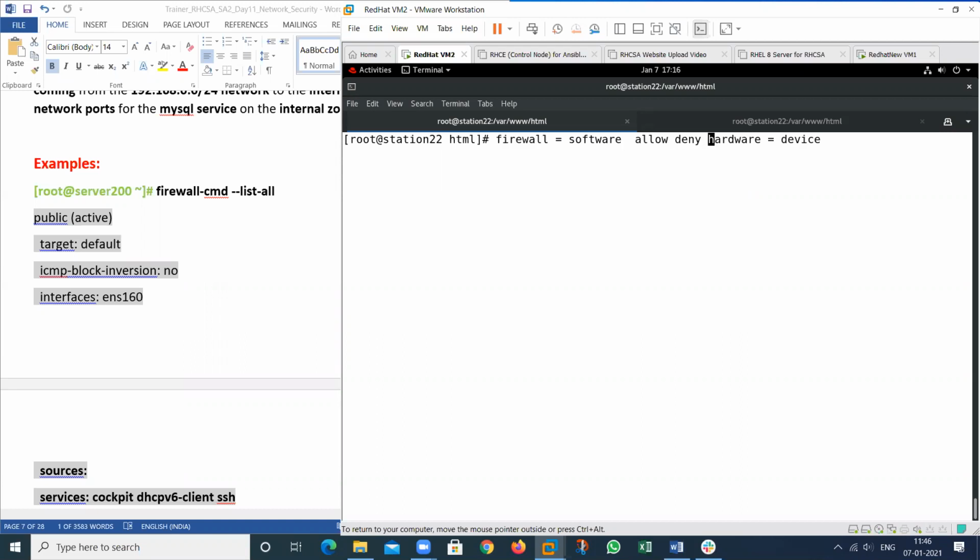So we can allow and we can also deny any packet. In my network, we send the packets. So those packets can be incoming and these packets can be outgoing.